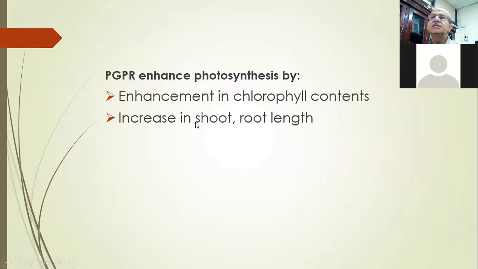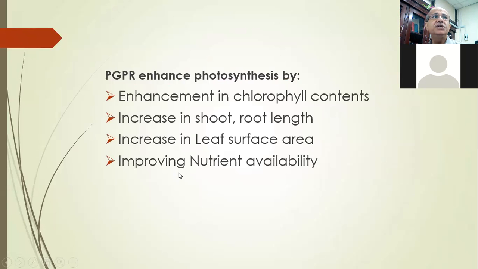They increase shoot and root length; with more shoot and root length, there is more photosynthesis. They increase leaf surface area; the more the leaf surface area, the more the photosynthesis. They also improve nutrient availability. If more nutrients are available to the plant, they will support better metabolic